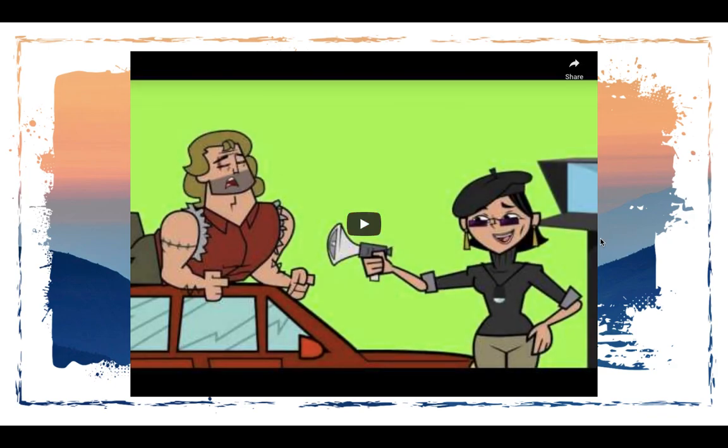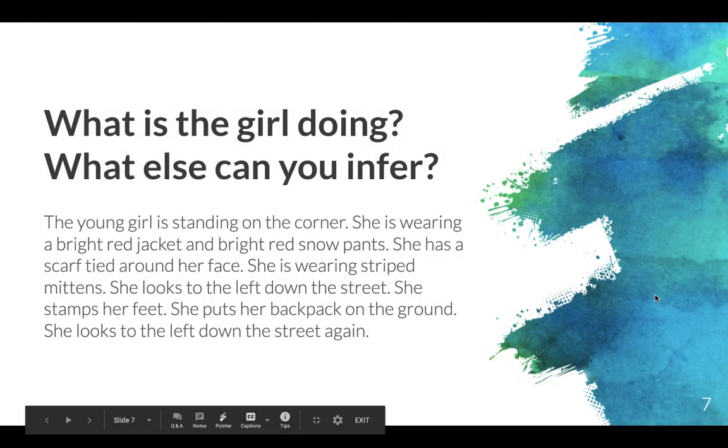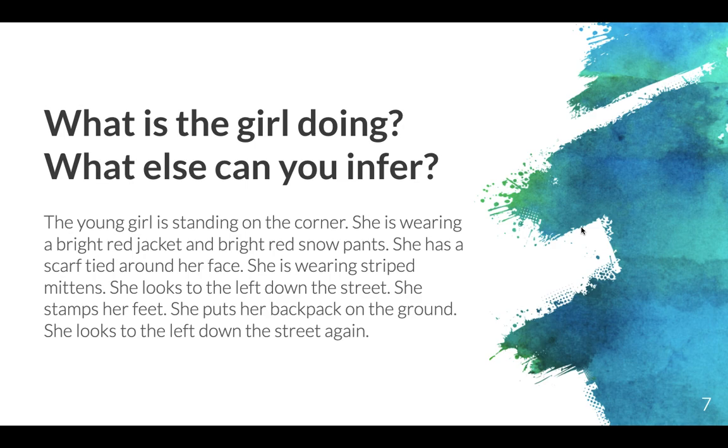Okay, so you can see actors, not just pretty faces. They make inferences. They take the information that they know, the evidence presented, and make an inference. So let's take a little practice here. Look at this practice. We're going to try to figure out what this girl is doing and maybe what else you can infer from this